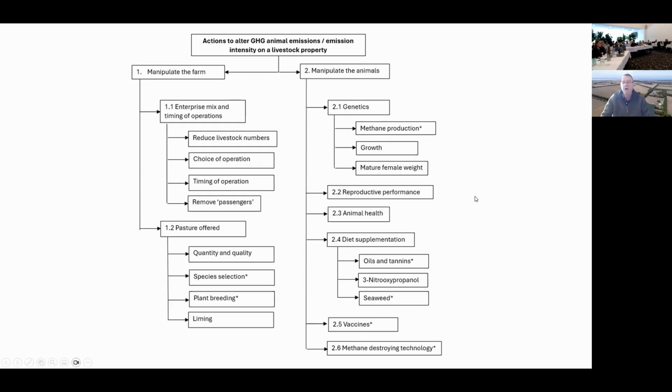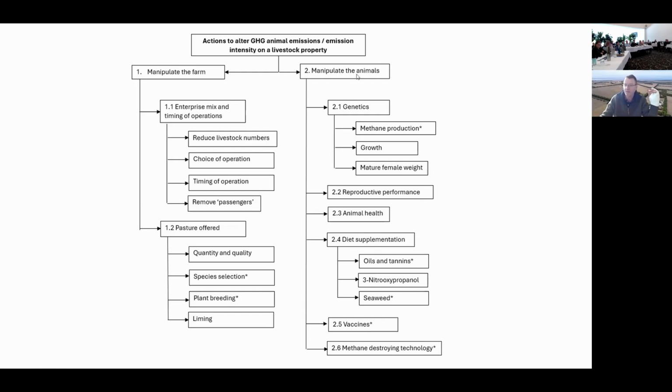I'm going to jump in and do the livestock one first. Now, this is a very busy first slide, but I've done this because I tried to order the way I think about what are all the practices that are out there that potentially could lower emissions in a business. And I've split it up into, so this is at the property level, and this is about either reducing your emissions or emissions intensity, noting that those two don't necessarily go hand in hand. And I've split it up to what can we do to manipulate at the farm level. So that's about the whole farm business.